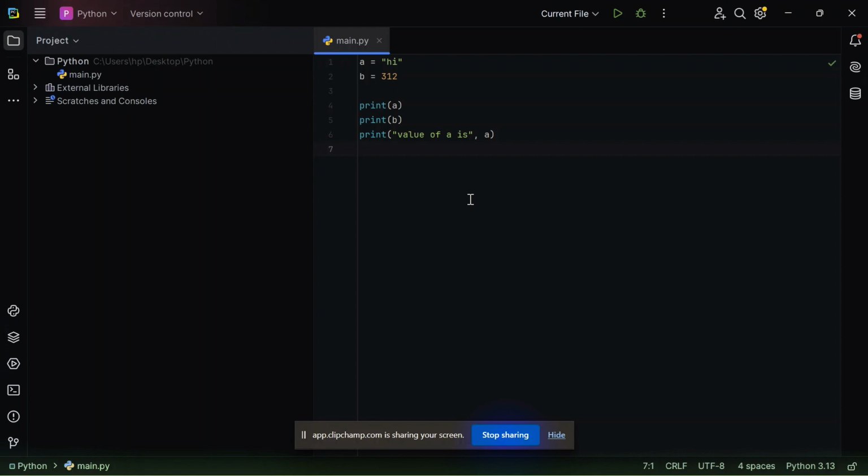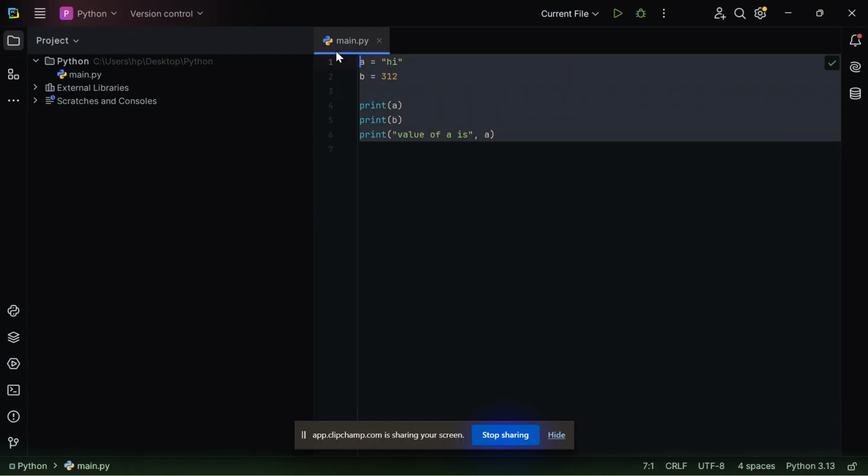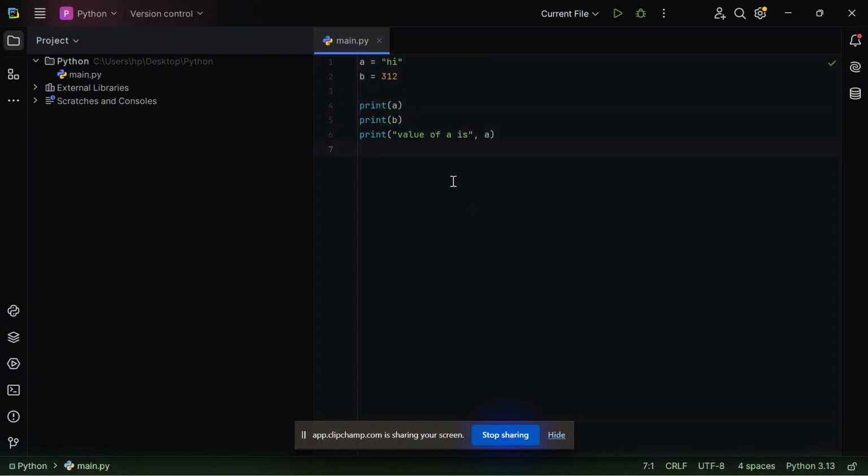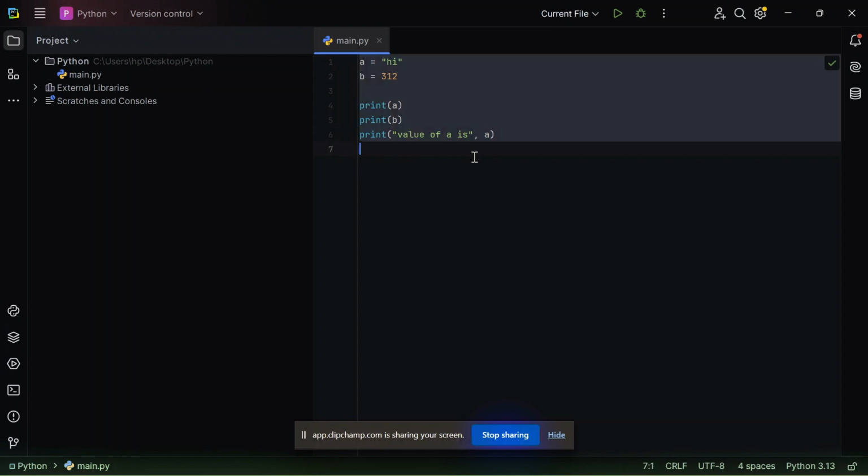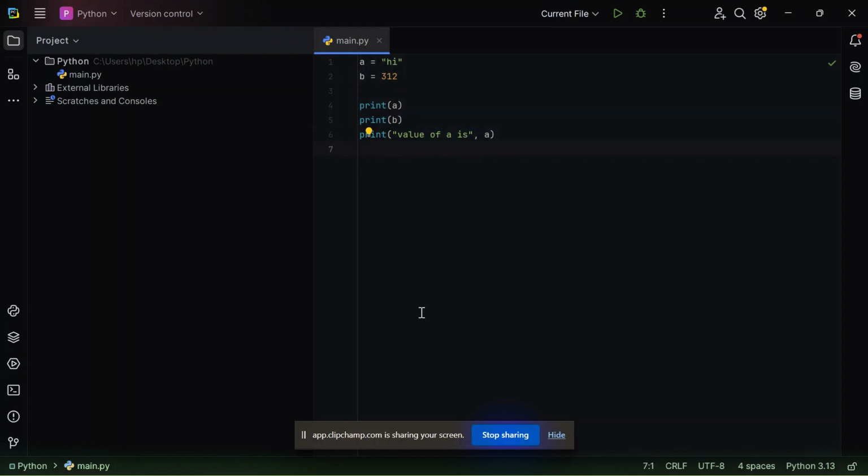So, let's discuss what we did in the previous episode of Python series. What we did was we made a main.py file in PyCharm where we learned what variables are and how to make variables, and the basic print function, string, and basic things. Also, calling out variables. So, this was what we did earlier.